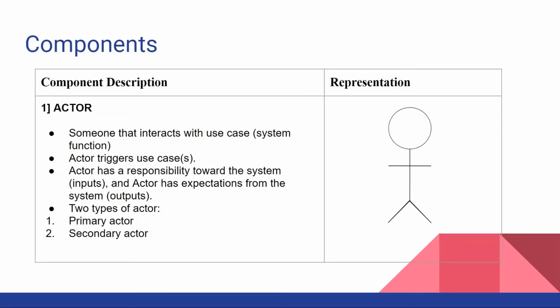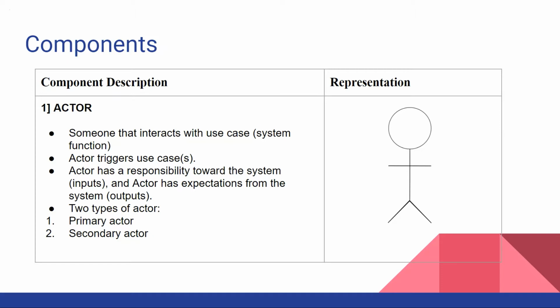So the components of use case diagram. First is the actor. So actor is someone who interacts with the system functionalities, and this system functionality is nothing but what we call a use case in a use case diagram. So you can be a user, like a customer is an actor, and you are trying to interact with the login module of a railway reservation system, for example. Then you, a customer, will be the actor, and the login module will be the use case.